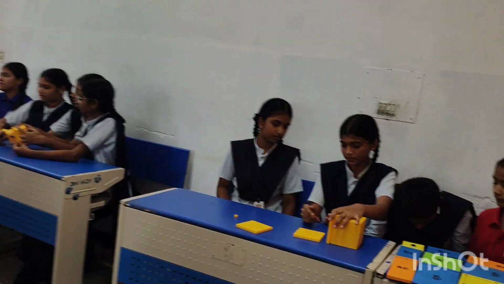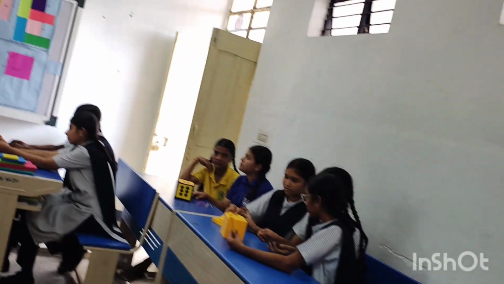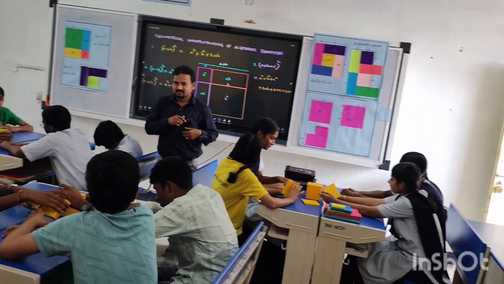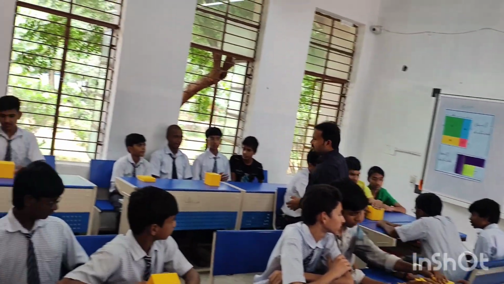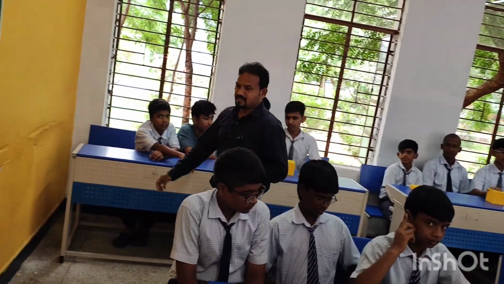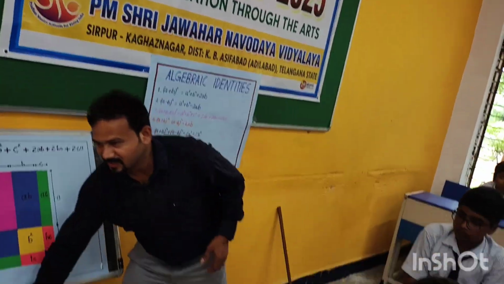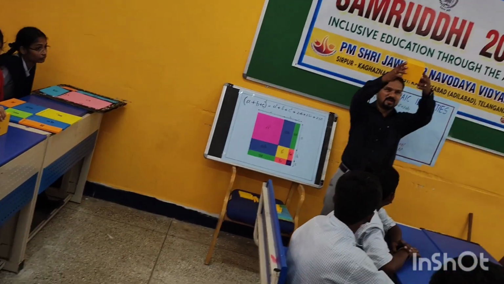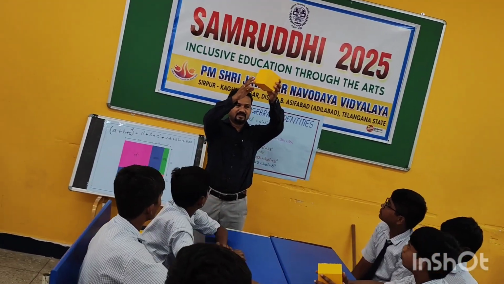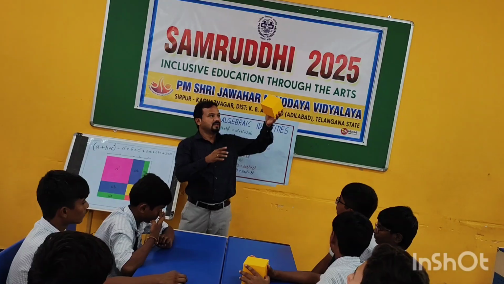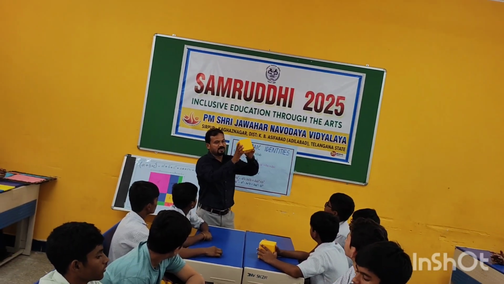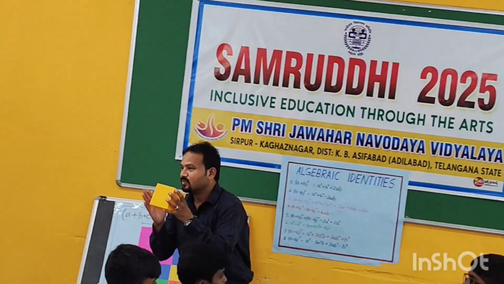Look, how do you do this? A plus B whole cube. No, I am not going to help you. What you have observed. Earlier you were constructing so many houses with this. Yes? Building houses, making dolls, everything. This is what? It's a cube. Its side is A. So what is its volume? A cube.